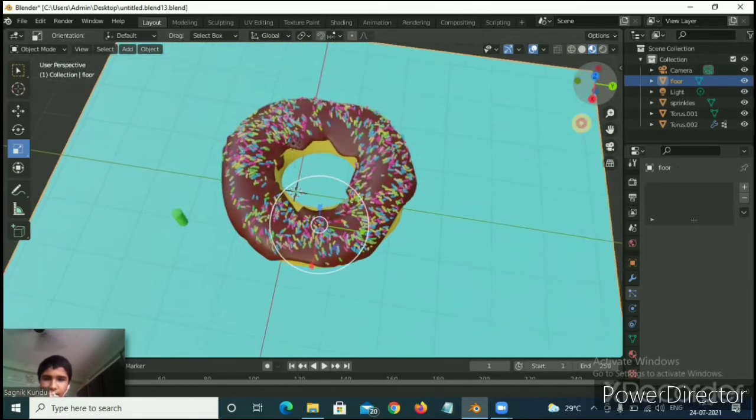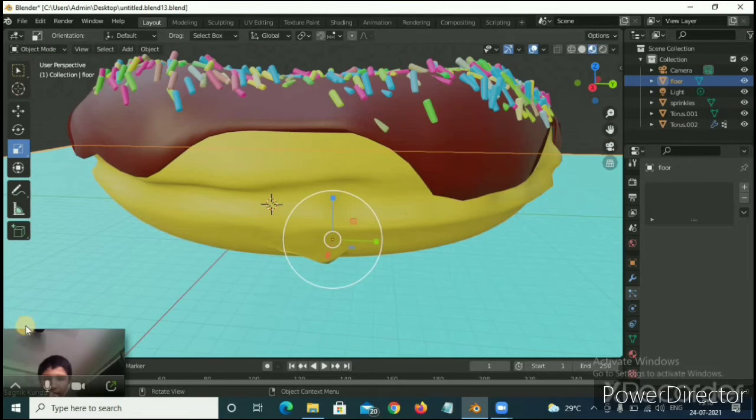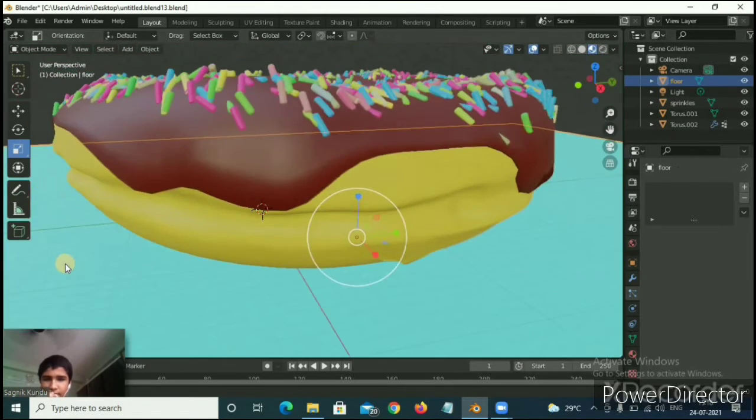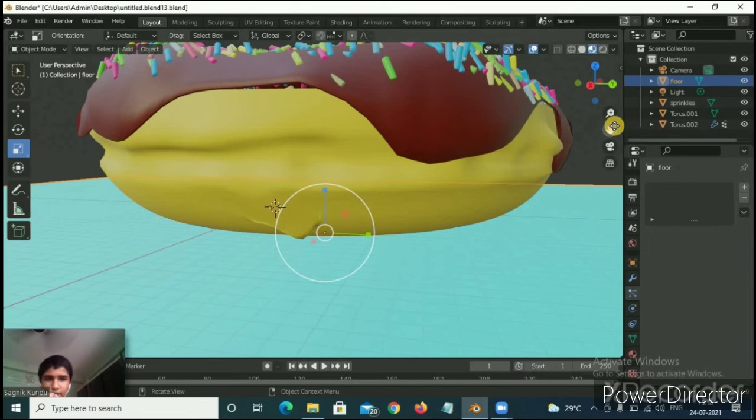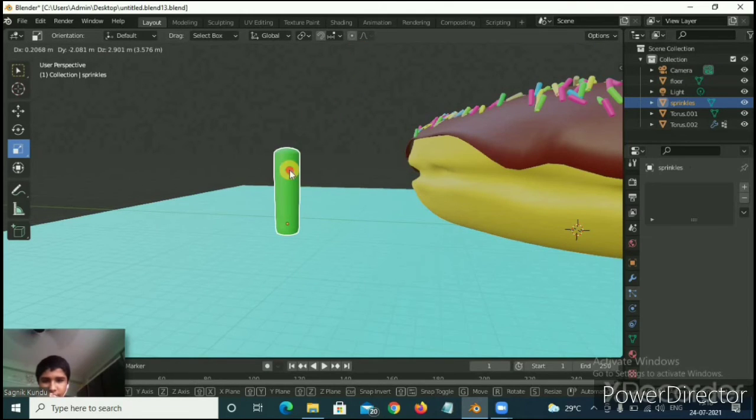So now what I will do, I will make it irregular in shape. This pair I will make it irregular in shape. This pair, okay.